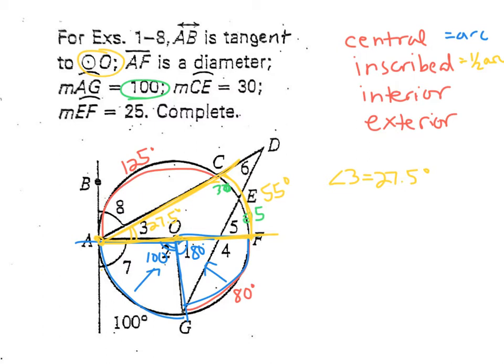So angle 4, if I'm using angle 4 is what kind of an angle? Talking myself through this. Yeah, that's an interior angle, not central. Vertex is not the center of the circle. Vertex is right here. It's just somewhere inside the circle. So therefore, I've got to use my interior angle. This is a little tricky. This is one of our newer ones. It's not equal to the arc, so it's not 80 degrees. I see this 80-degree arc, but it's not equal to that. It's also not half of that. So interior angle is, my relationship is